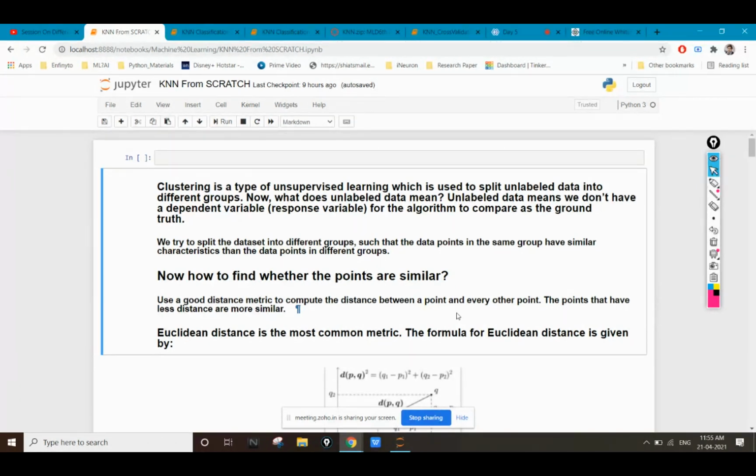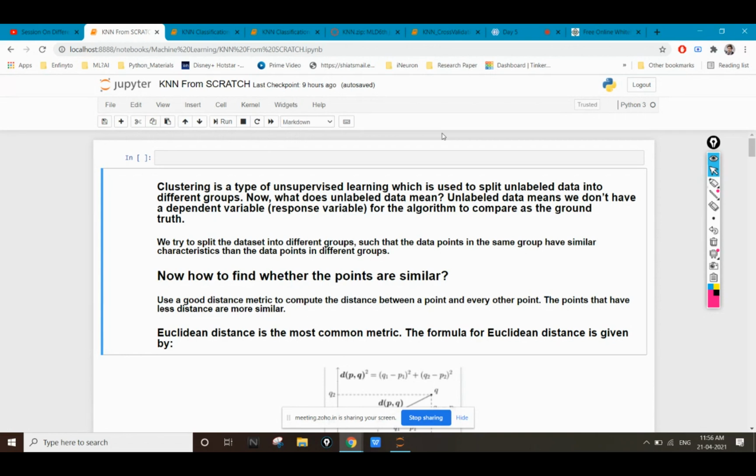So we calculate the distance of one point from all the rest of the points. The points with less distance are more similar, so all the points which have a lesser distance from a particular point are known to be similar. That particular point will be acting as a centroid for you.